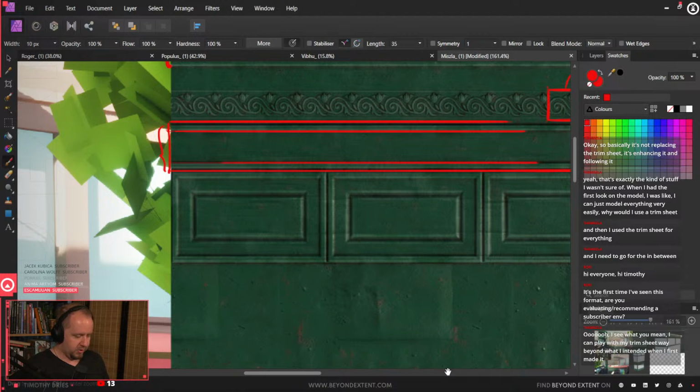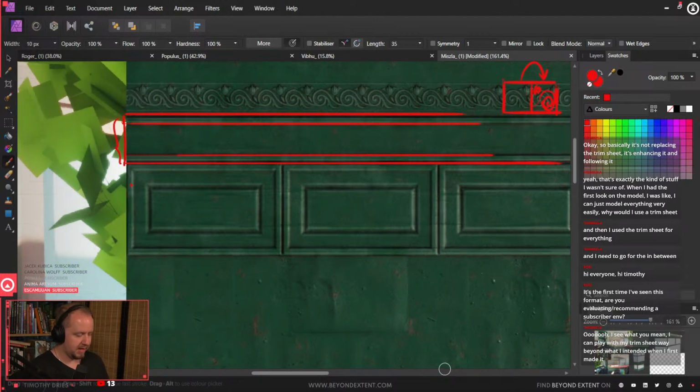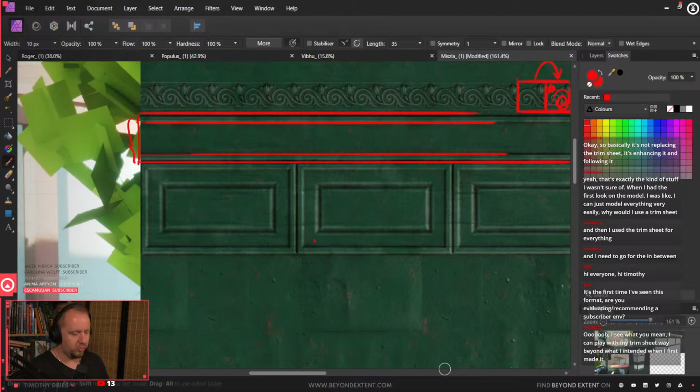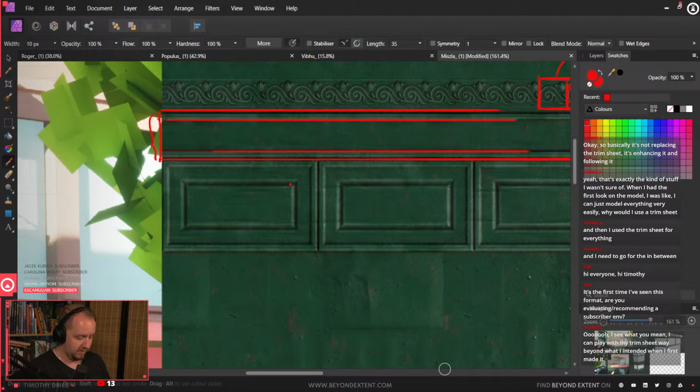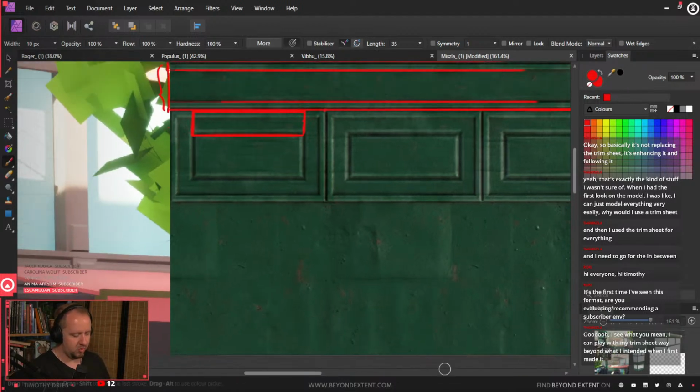Yeah, if we're going into it, right? I'm not saying that you should change this, right? But for the next trim sheet, these kind of patterns are not really that valuable because you can break them up into smaller pieces. For example, you could have something that just has this. Right? If you only have this section of the pattern, you could also just make it into a corner